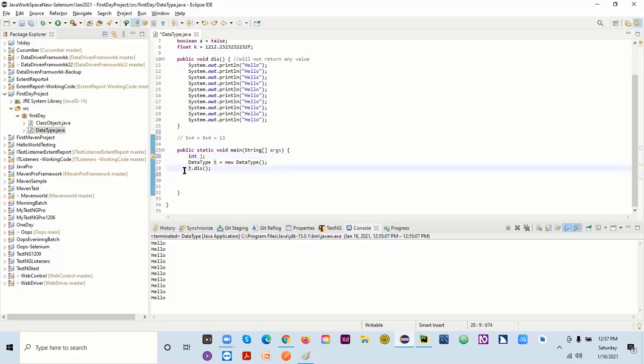Okay. And I will say J equal to, it will give you an error. Let's see what the error is. See, it's saying quick fix, change return type. This is not a return type. This is the void we have used here. So to return something, we have to use a return type method actually. So for that, instead of writing void here, we have to use a return type.